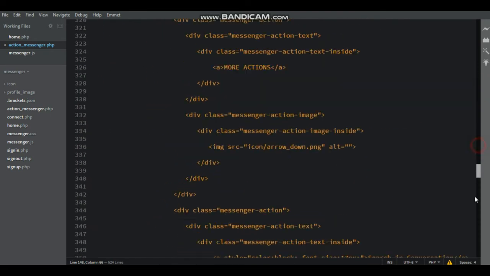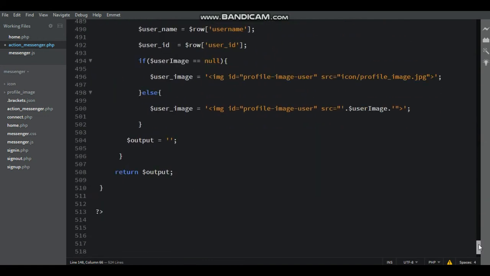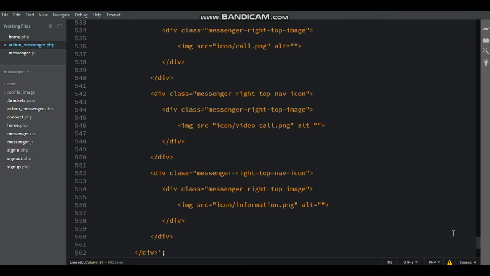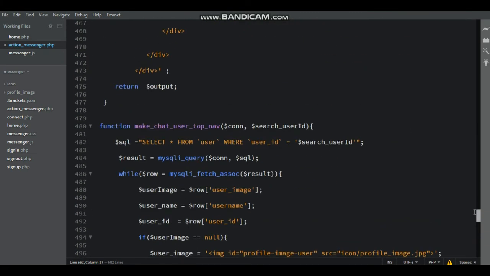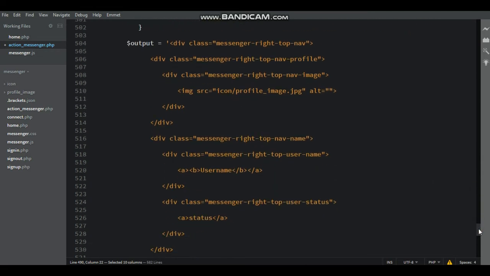Just copy and paste inside the output equal to single quotes, inside the single quotes. Here that is paste the user image and username. Here that is $username inside the single quotes using concatenate.